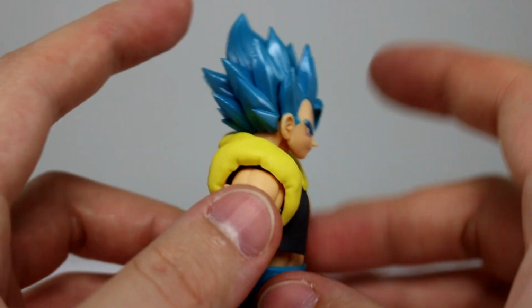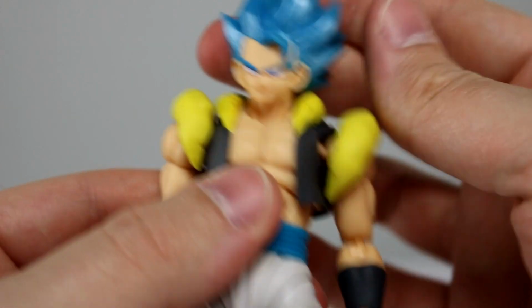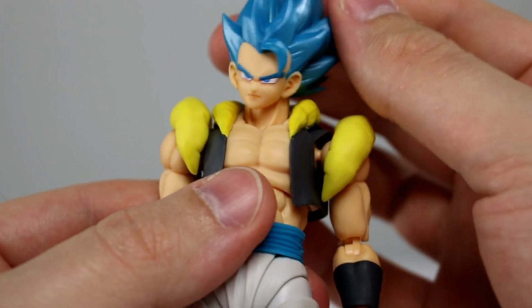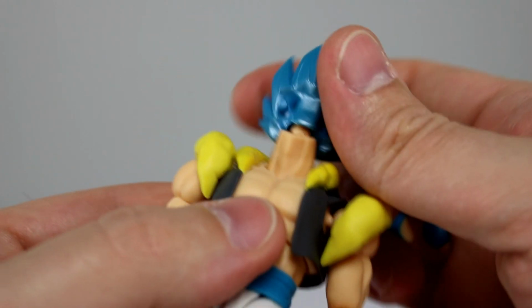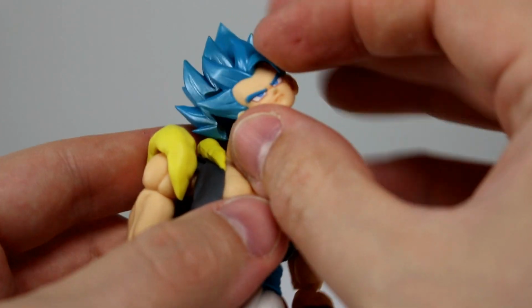I guess they did it so you could lean back, but you can't lean back anyway because of the collar and the hair. So really all you can do on this guy is side to side. You can lean it a little bit. That's using just the ball peg. If you want to lean it sideways properly, you can turn that ball hinge, but it still doesn't have much